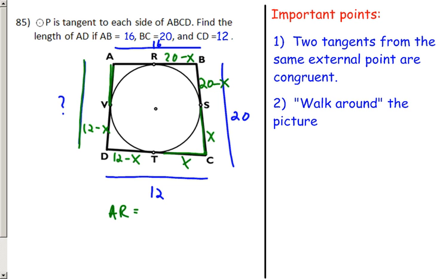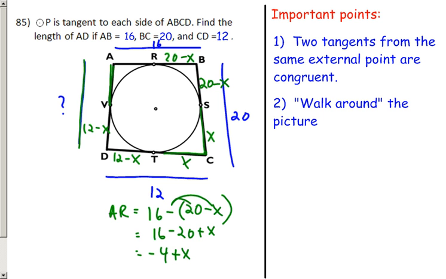So AR is actually equal to 16 minus the quantity 20 minus x. Okay, not minus 20 minus x, it's just all together. So when I do this, I got to make sure I distribute the negative. So 16 minus 20 is negative 4 plus x. If I want to switch that around so that I don't have a negative leading out front, I get x minus 4. So I see that AR is x minus 4, which makes AV x minus 4, which makes the part that I'm looking for x minus 4